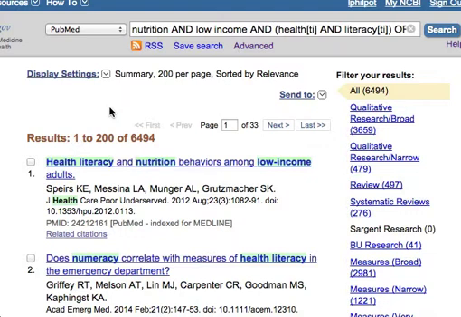So my route would probably be to see if there are pre-made filters, so the first clinical queries we looked at related to your question, and then I might do a general keyword search, and then choose the best research methodology for your